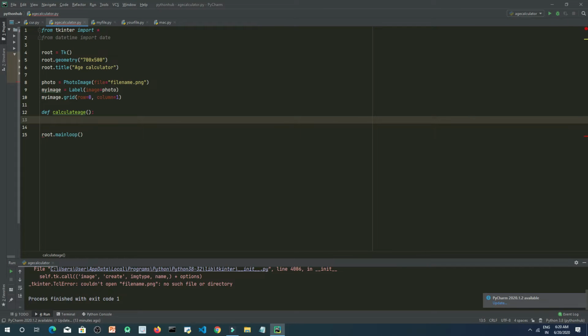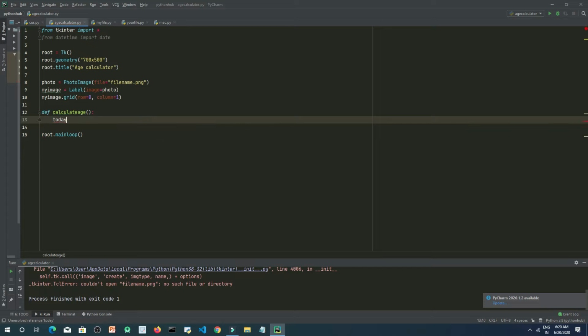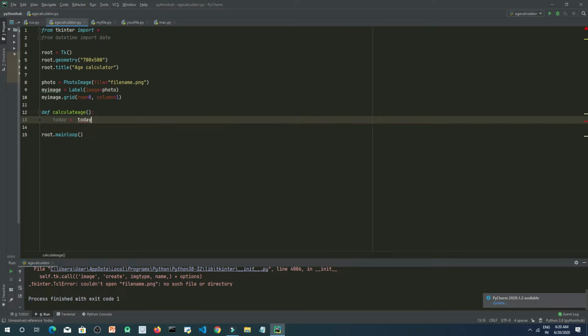And here let's take today's date using the today variable. Today equals date.today. This will take the present date inside the today variable. So let's type date.today.